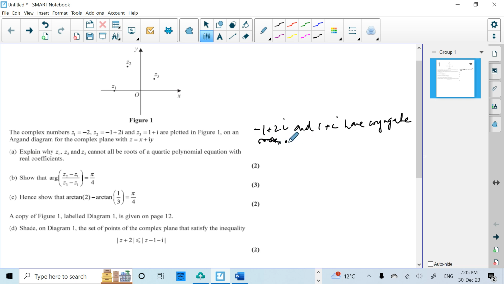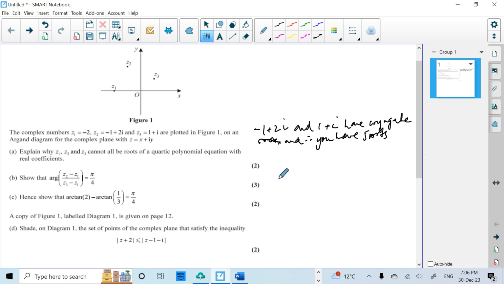And therefore you would have 5 roots, which makes a quintic. And that's it for 2 marks. And of course for part A, that's not a quartic, is it? So for part B now,